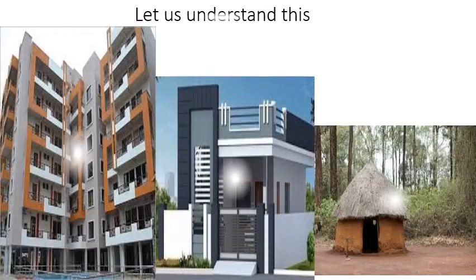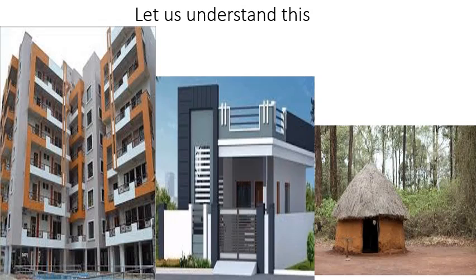Now, let us understand this. What do we see here? We see flats, apartments. Many people live here. 10, 20, 30, 40, 50, 60. The number will increase. Independent house, 3, 4, 7, 10 maximum. Here a hut, 3, 4, 5 maximum. So the maximum number of people live in apartments. Minimum 4 or 5. Nowadays only 3 or 4 live in an independent house. In a hut, 2, 3 maximum.